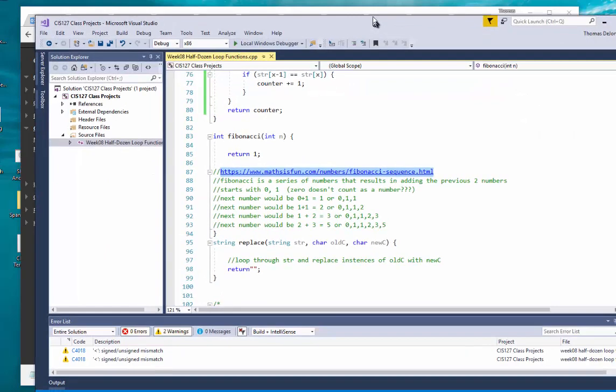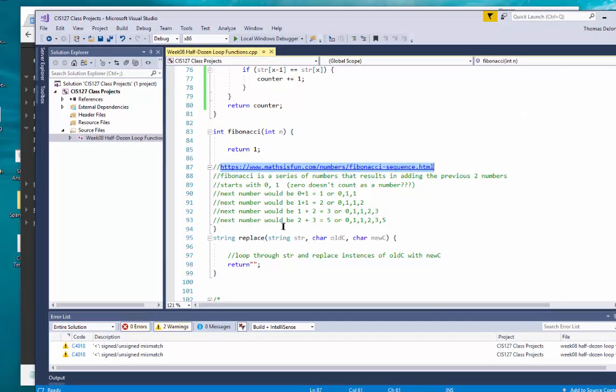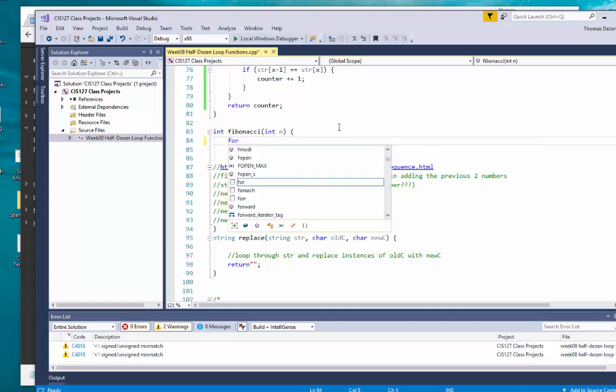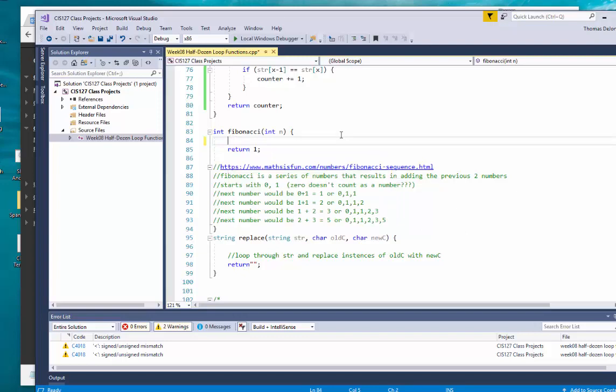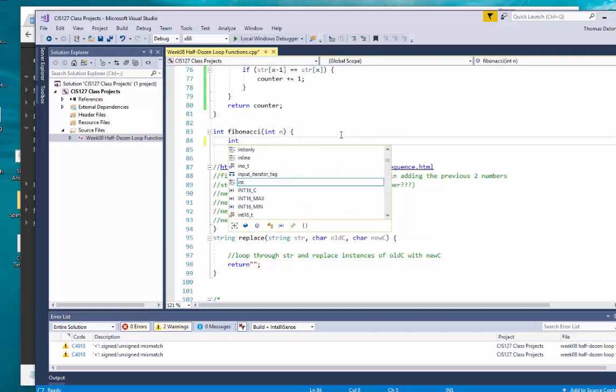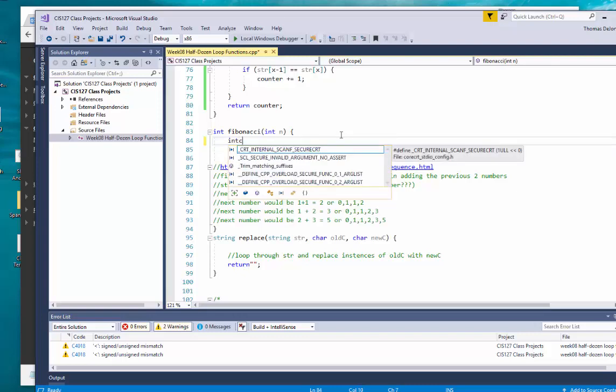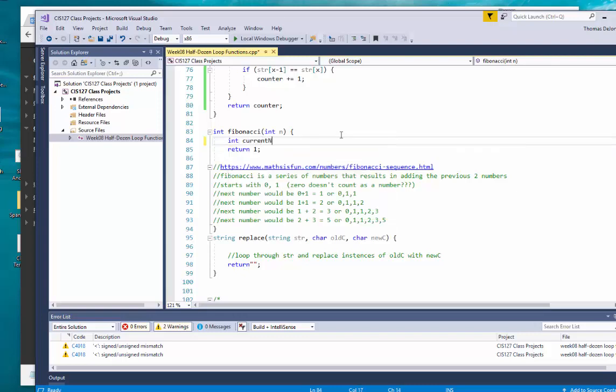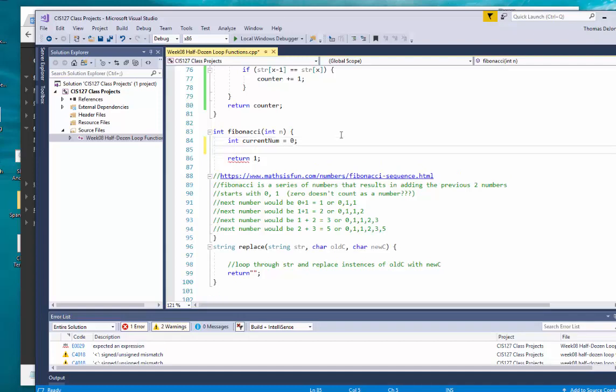To do that, we're going to take, let's see, I've got a whole bunch of stuff on here. Okay, loop through the string. I'll just create some variables first of all. We're going to create an int current number is equal to 0, semicolon, int